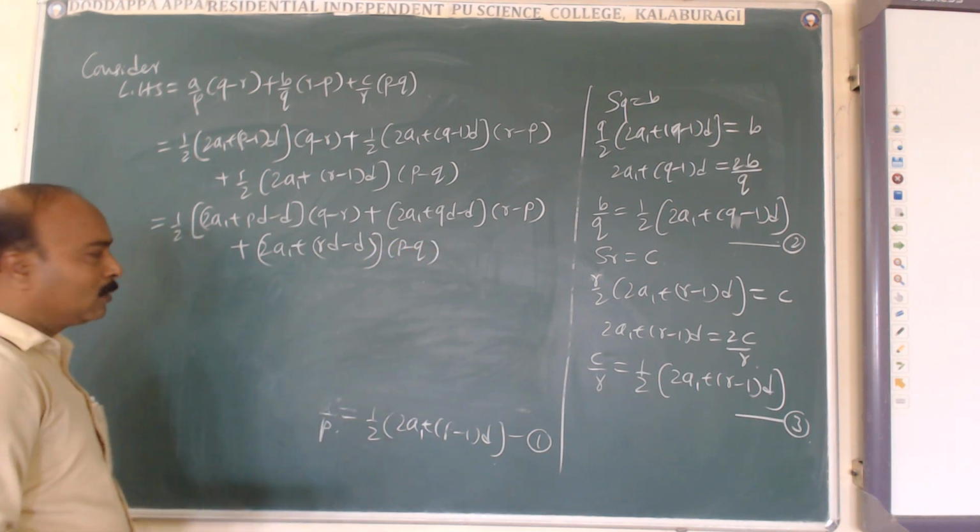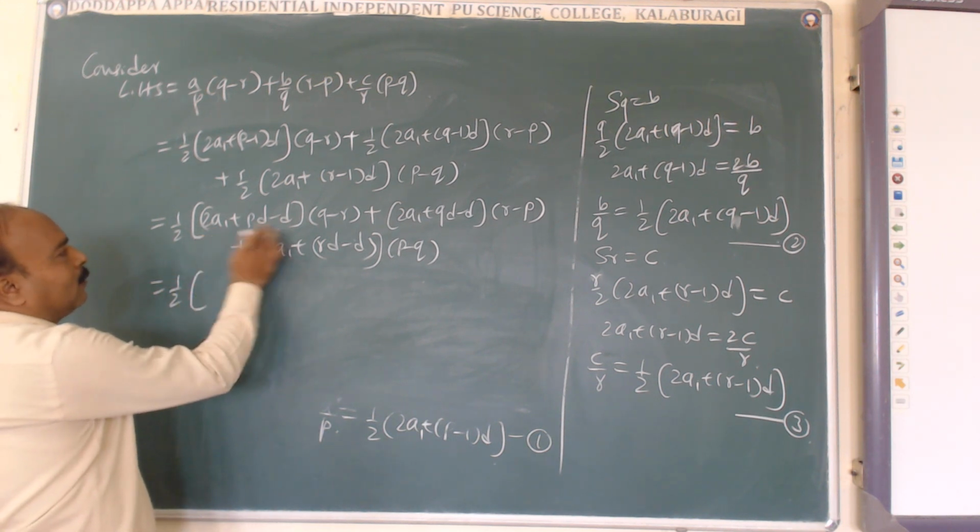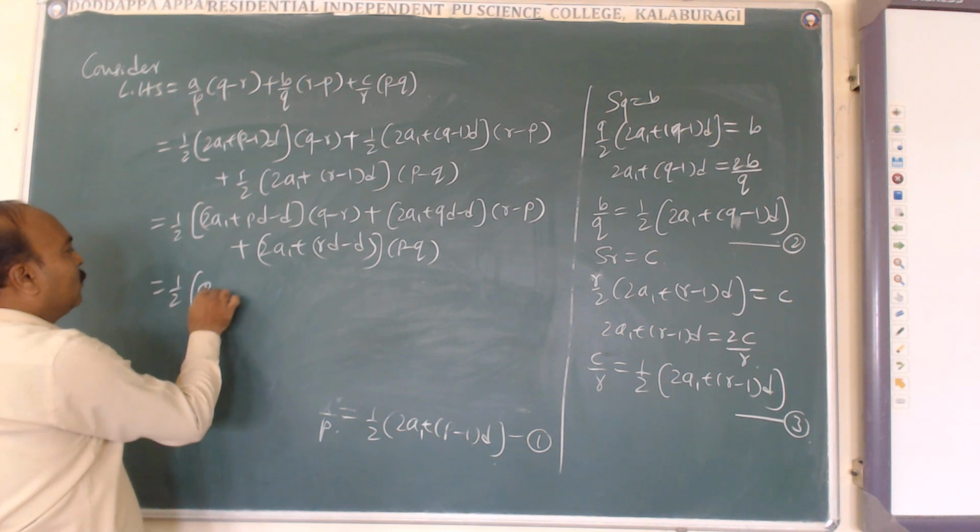This stuff we get. Now we multiply the terms, 1 by 2 as it is, 2A1 into q, 2A1 q we are getting,